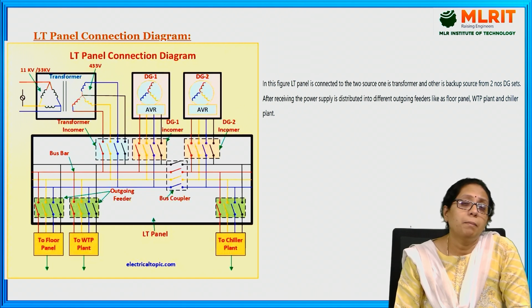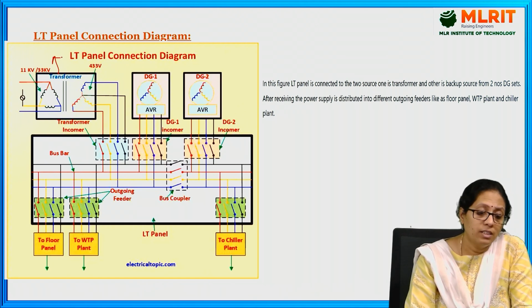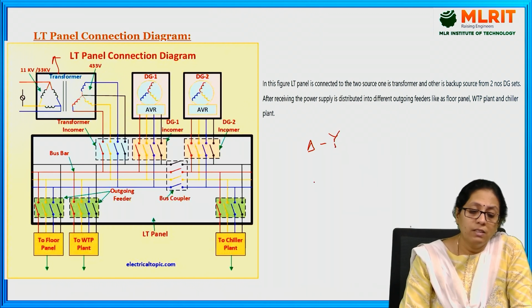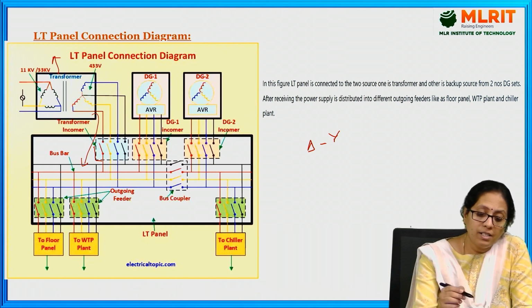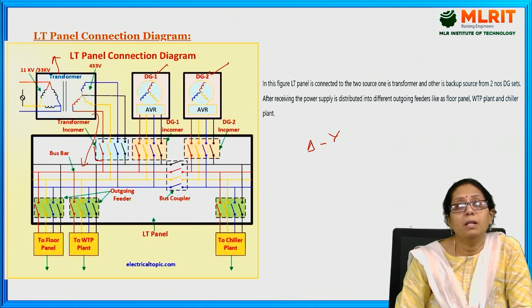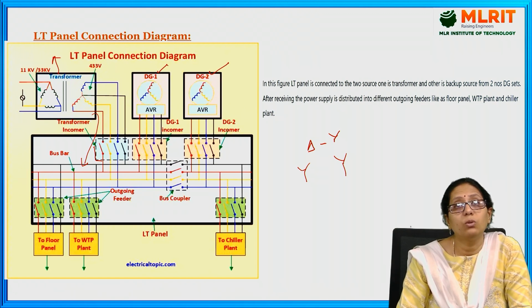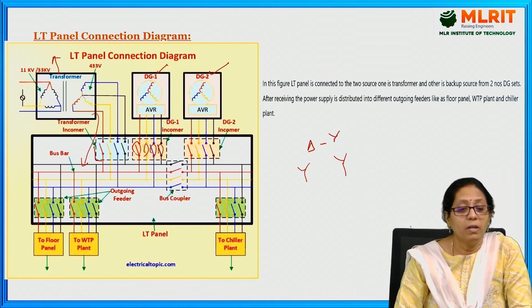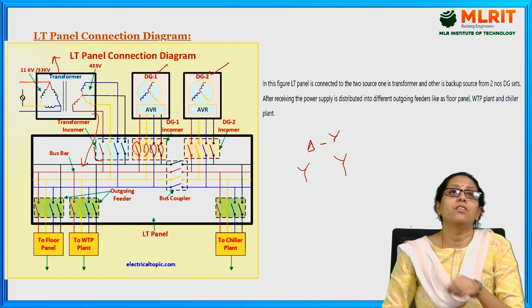This is another LT panel connection diagram, where you can see a transformer with delta to star connection, which is being connected to a bus bar. This transformer is being connected to this bus bar, and here DG1 as well as DG2 are being provided with star connection again. These star connections are also being connected to the same bus bar using different switching devices in the middle. So, by using different switching devices for protection purpose, these DG systems as well as the transformer are being connected